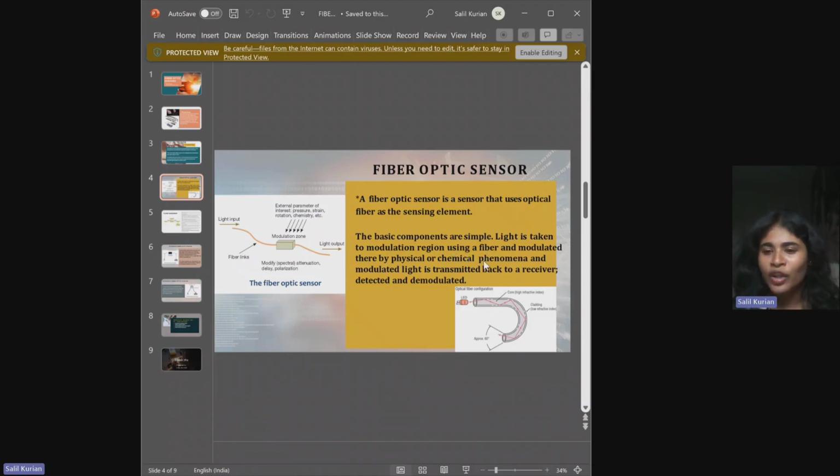Now, let's get into the topic much deeper. So when we speak about a fiber optic sensor, it is a sensor that uses optical fibers as the sensing element. Optical fibers are the wires. So we use wires as the sensing element. The basic components we take is, light is taken to the modulation region. So this modulation region is